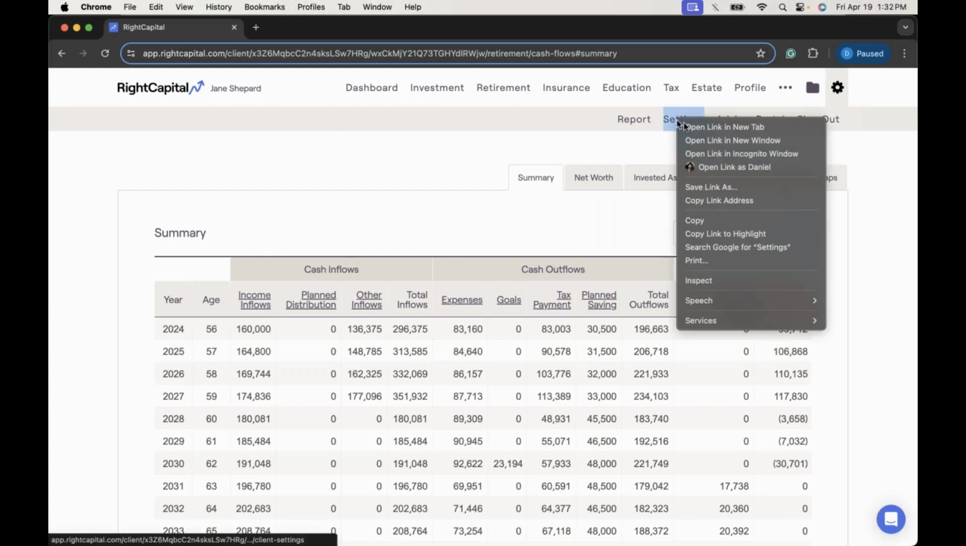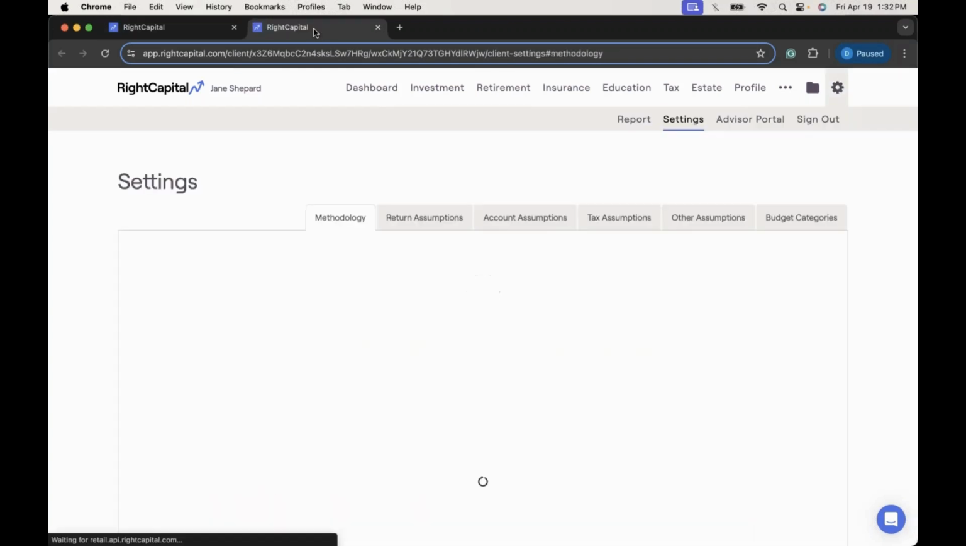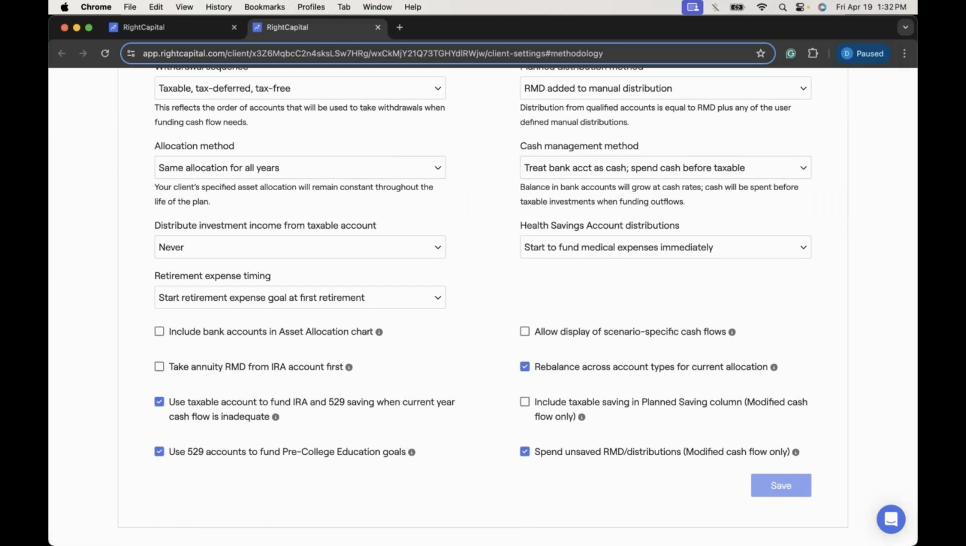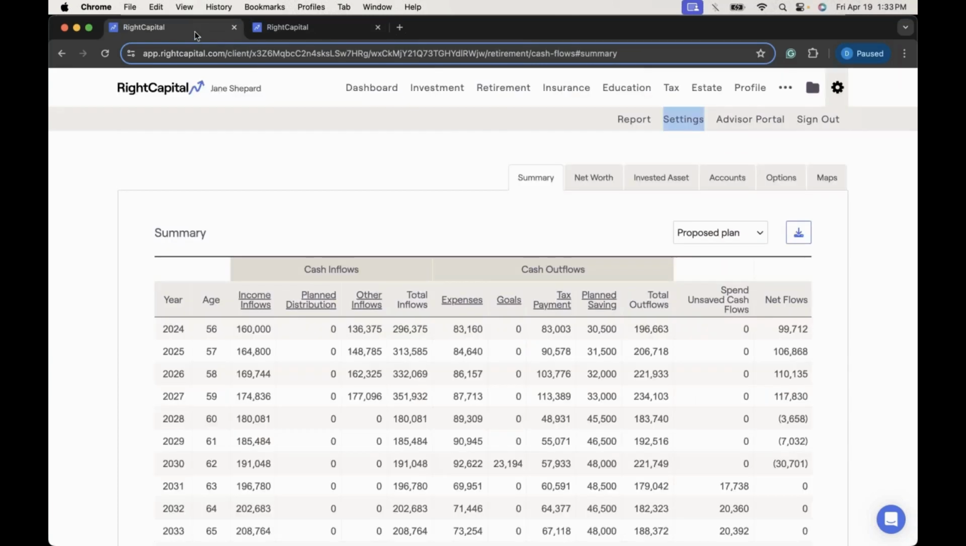So just to show us that quickly, I'm going to open the settings in a different tab here. And specifically what we're looking for is the gear icon, settings, methodology tab. And then if you scroll down to the bottom of this page, it is this first checkbox on the right-hand side: allow display of scenario-specific cash flows. If I check off this box and then click Save, back in the cash flows here, if I refresh this page,